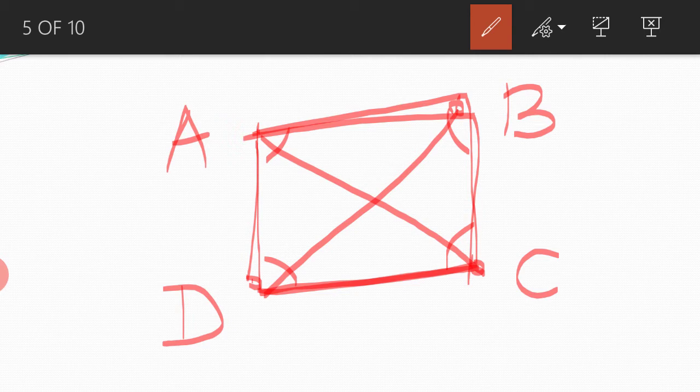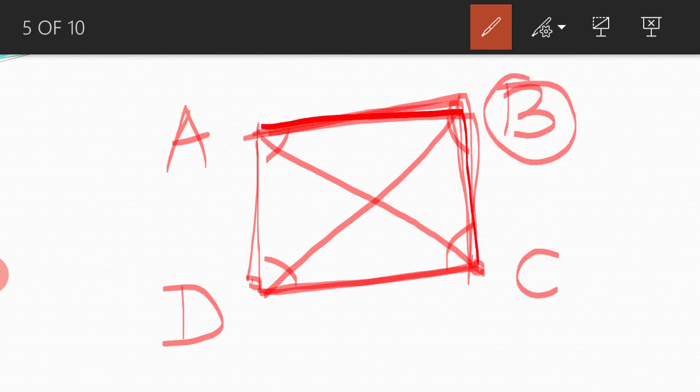Now, when we talk about the quadrilateral, we also talk about its adjacent sides, opposite sides, adjacent angles, and opposite angles. When I talk about AB and BC, is there any vertex common? Yes, B is common. So these two sides are adjacent sides. Can we have a few more pairs here? Yes, BC and DC. This is another pair. Then CD and AD. Each pair of adjacent sides of a quadrilateral will have one vertex common.